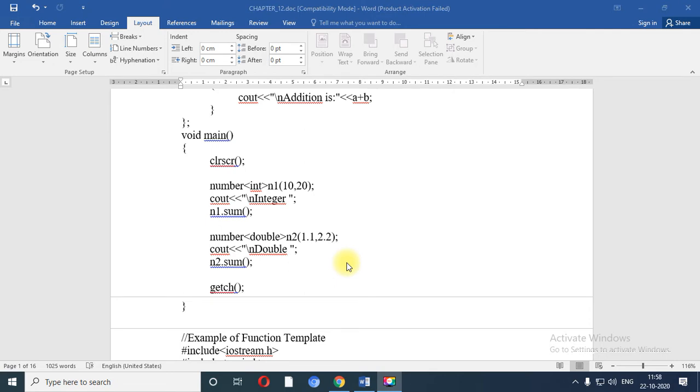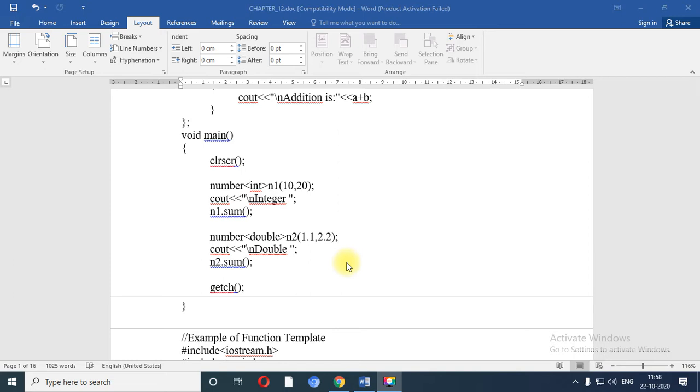A template is nothing but, consider the example of a company which contains a sorting function. Sometimes the company wants to perform sorting on integer data, sometimes on float data. Based on the data, the company is going to call the sort function.